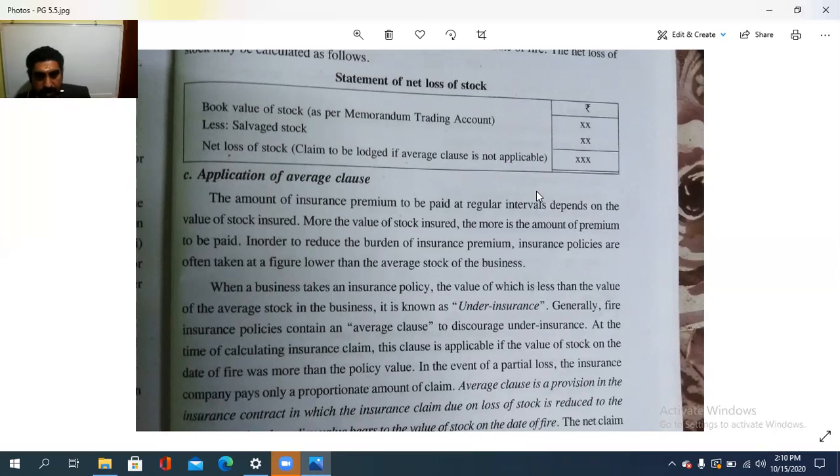In order to reduce the burden of insurance premium, insurance policies are often taken at a figure lower than the